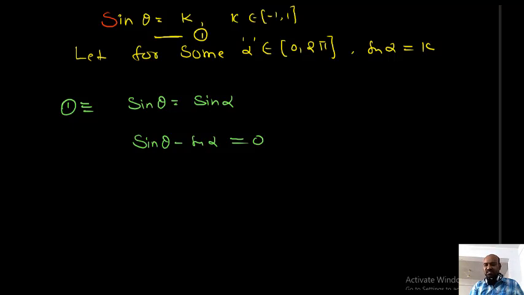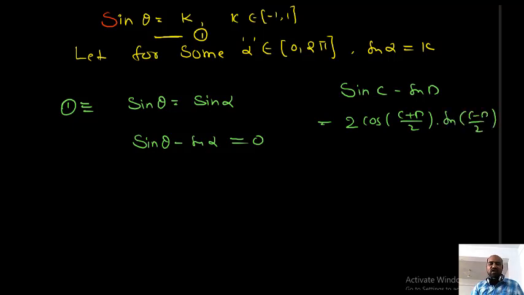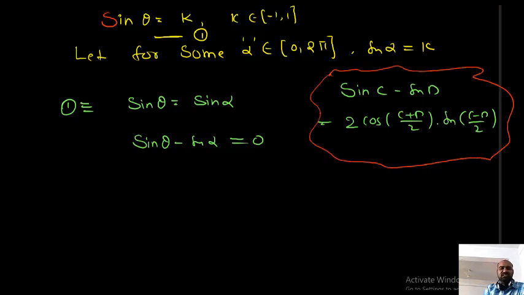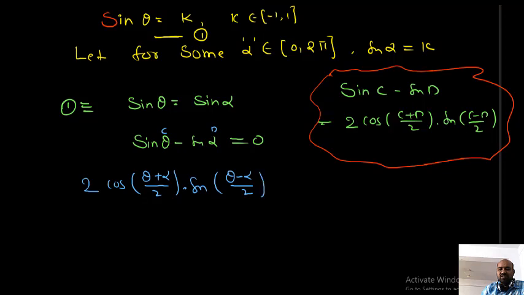Yeah, we have the transformation concept. I want to write it: sin c minus sin d equal to 2 cos of (c plus d) by 2 into sin of (c minus d) by 2. This is one of the formulas from transformations. Okay students, listen now. So what happened here? This is in the form of sin c minus sin d only. So I can say 2 cos of (c plus d) by 2 into sin of (c minus d) by 2 equal to 0 only.